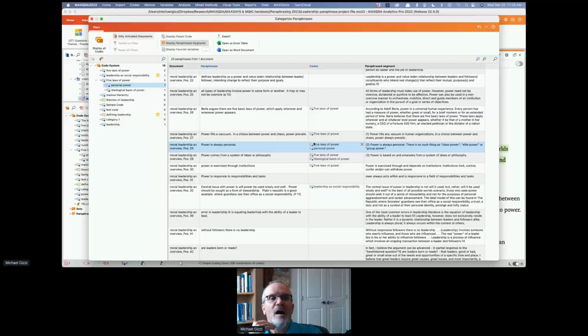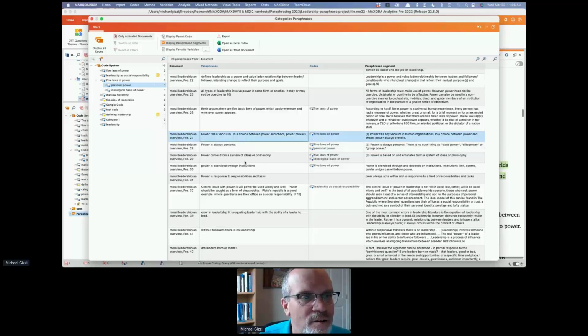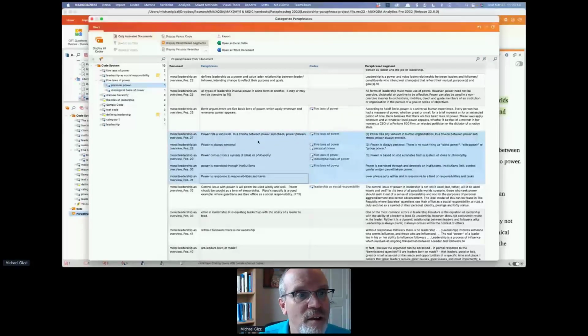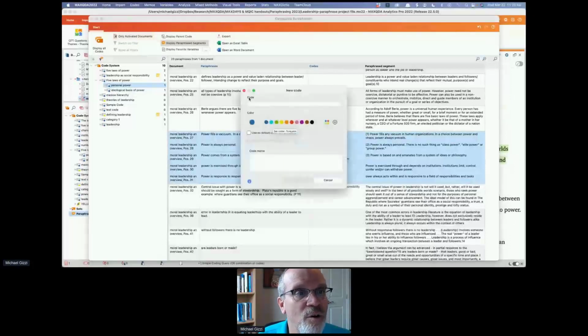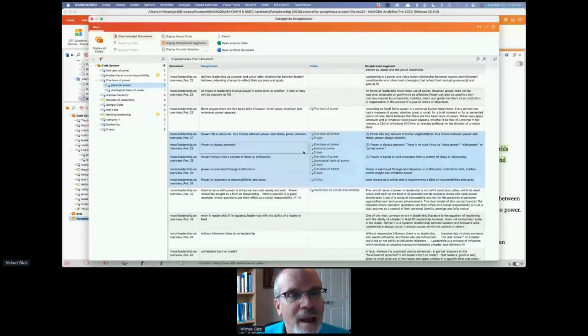I can create those from my paraphrases. I could reorganize them, putting several paraphrases right next to each other. And in that instance, I could select all 5 of those, right click, create and assign a new code. We'll just call this laws, even though we already have it. Click OK. Now notice all of those now have that code.